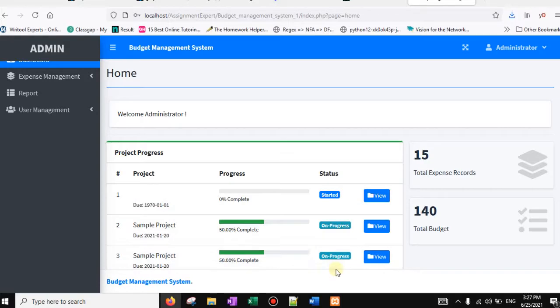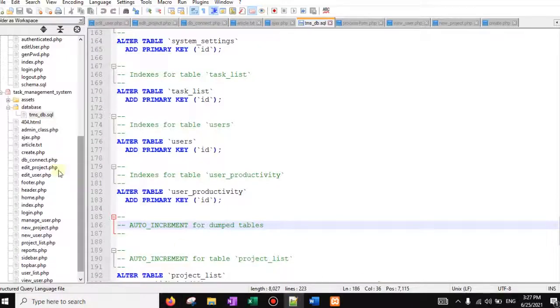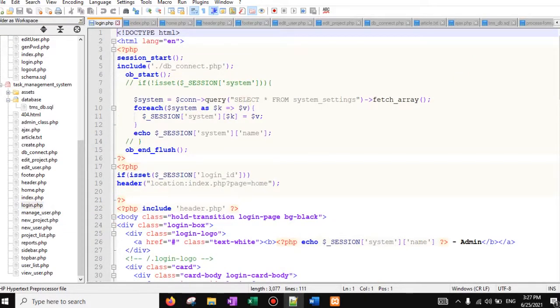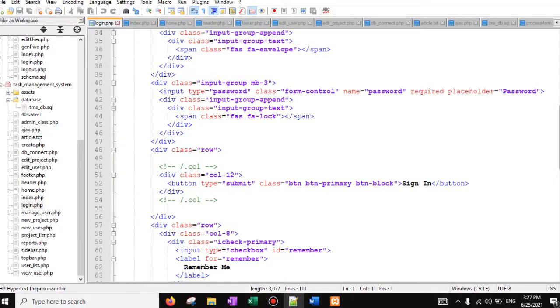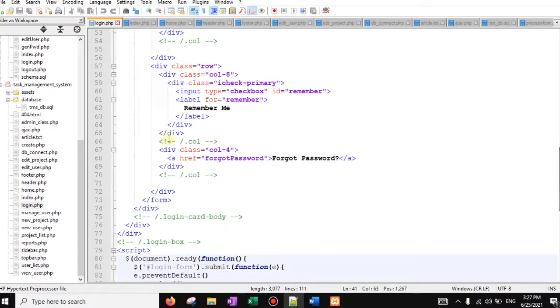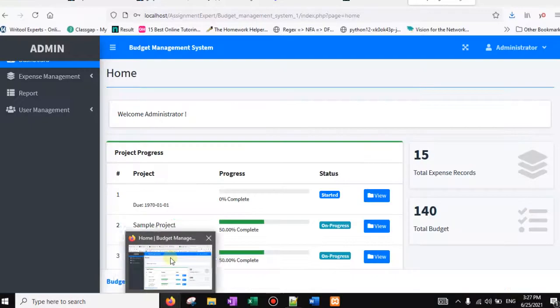Here we have designed this login page. This is the login page, with the password and sign in option. Here forget password, remember. So these we have seen in that application.